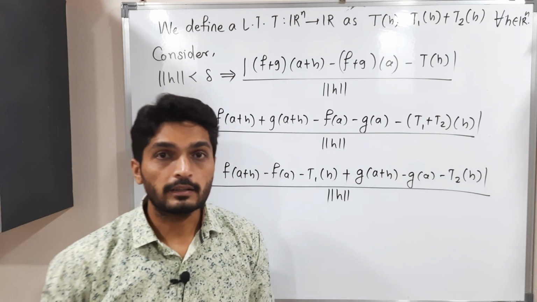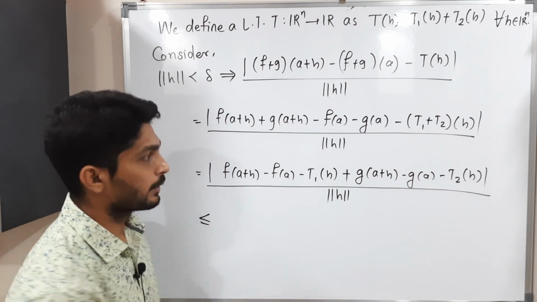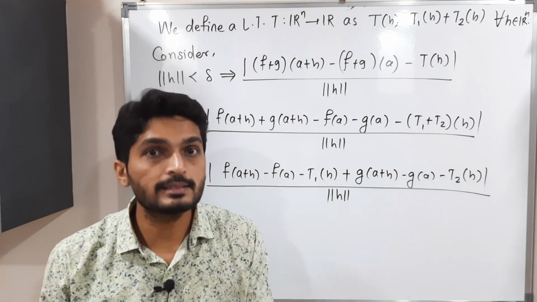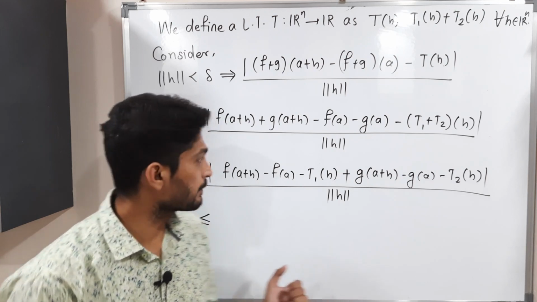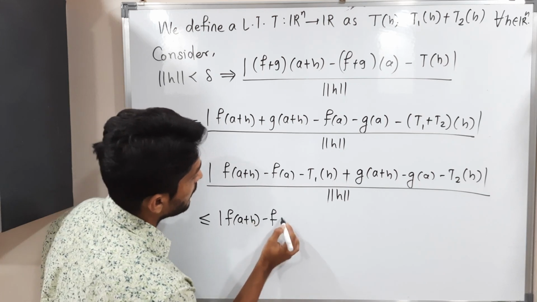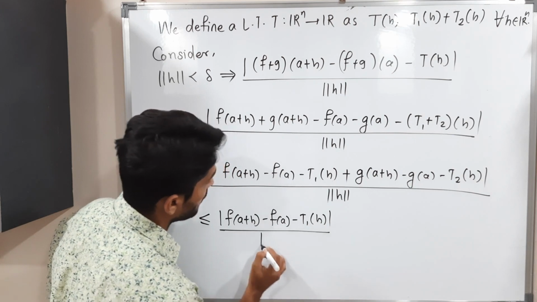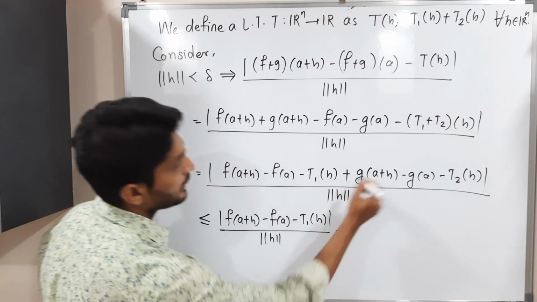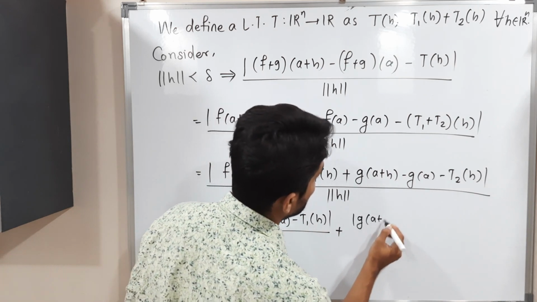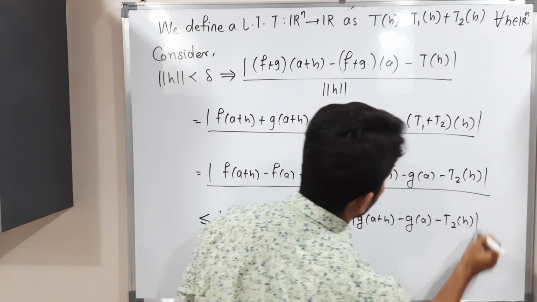You know that if you take separate mods, the value will increase. So this is less than or equal to taking separate mods and dividing each separately by norm h. So we get mod of f of a plus h minus f of a minus t1 of h divided by norm h, plus, taking a separate mod here also, g of a plus h minus g of a minus t2 of h